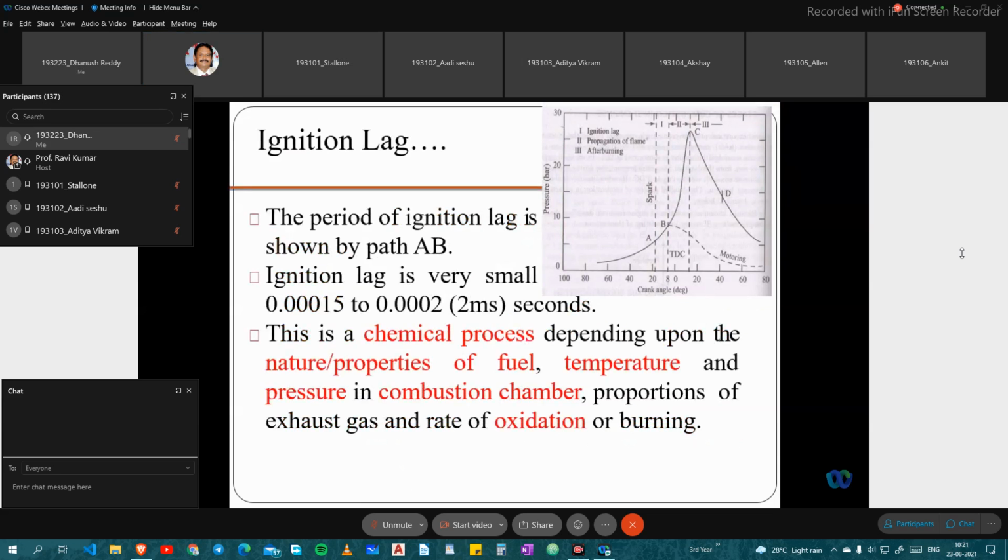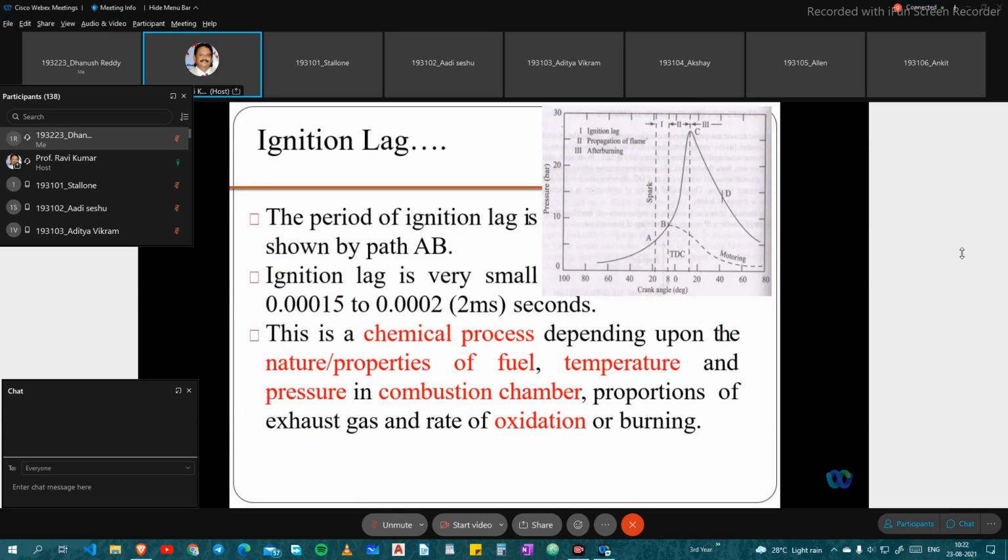And ignition lag again, the period of ignition lag is shown by path A to B. A to B is shown, that is called a small first stage, and ignition lag is very small, 0.0015 to 0.0022 seconds. It's a very small, very minute stage, but this also matters a lot for getting